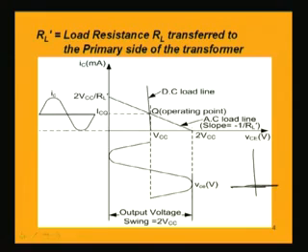Now, if we apply the signal, the collector current will be increasing and decreasing like this, and when the collector current increases, the collector to emitter voltage will decrease from VCC and go down. The maximum collector current that can flow is at this point, where the collector to emitter voltage will be 0,